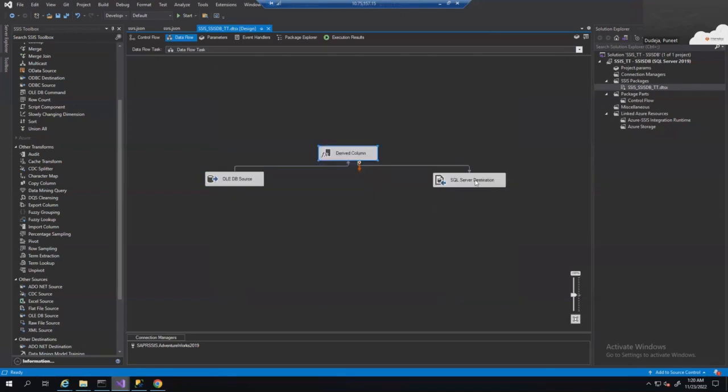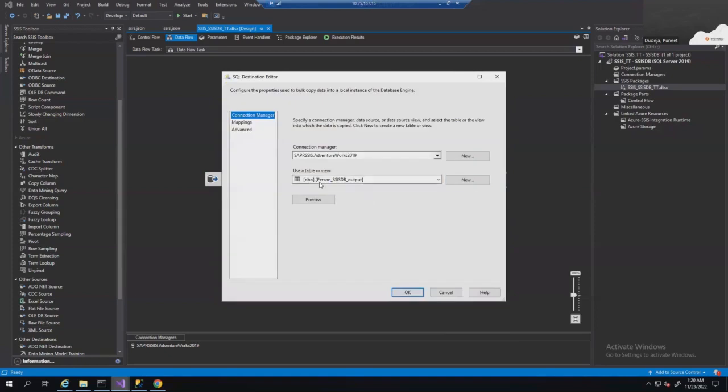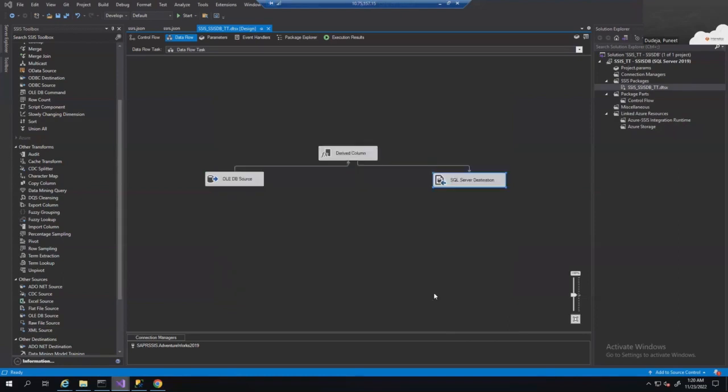Then there is a target I have created, which is Person.ssisdb_output under the dbo schema. Once I save this package, it gets saved locally as SSIS_SSISDB_TT.dtsx on my